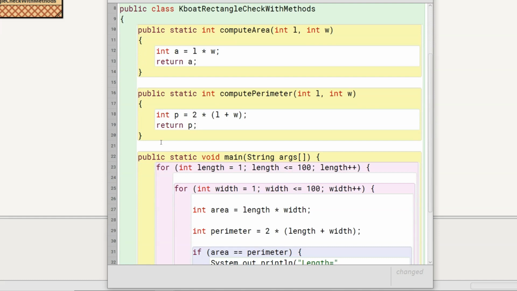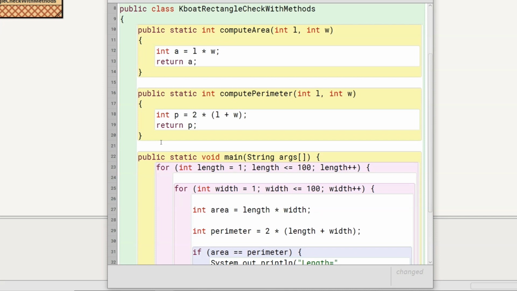But there are two steps involved in using methods. First step is defining the methods, and we have already completed that. Defining the method means that our method is created. Defining the method doesn't mean that the statements in the method body will start executing right away. To use our method, that is, to execute the statements of our method and get an output from it, we need to call the methods.